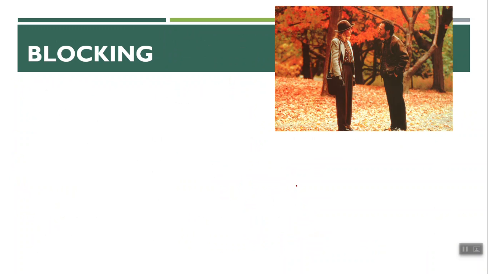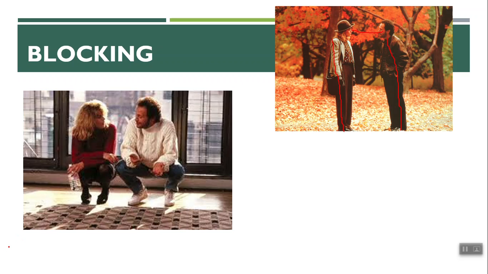Here's some examples of blocking from a movie. Here you can see, this is from When Harry Met Sally. This is two friends who get together and maybe they fall in love, but they begin a sexual relationship after a long friendship. So she's standing upright, he's leaning in. At this point, he's kind of more interested in her, right? They're maintaining eye contact, and then here, he's hunching down, she gets down at his level. They're, again, making direct eye contact, possibly interested in each other.